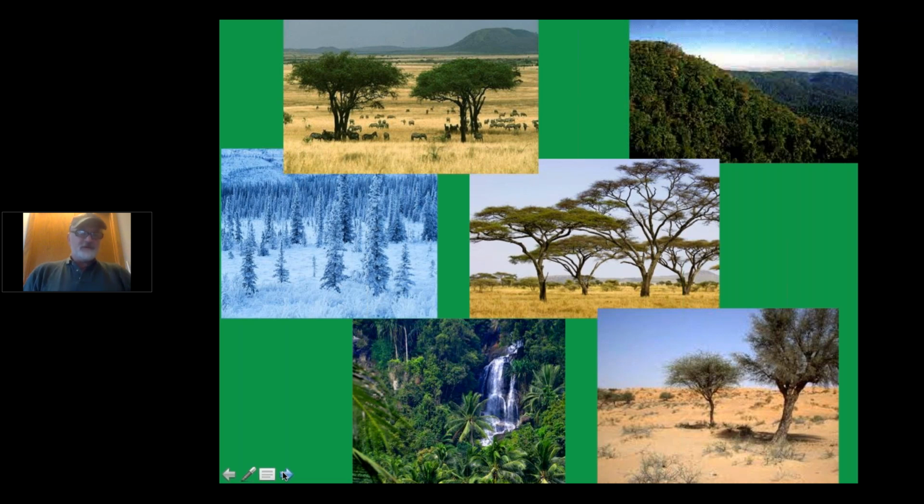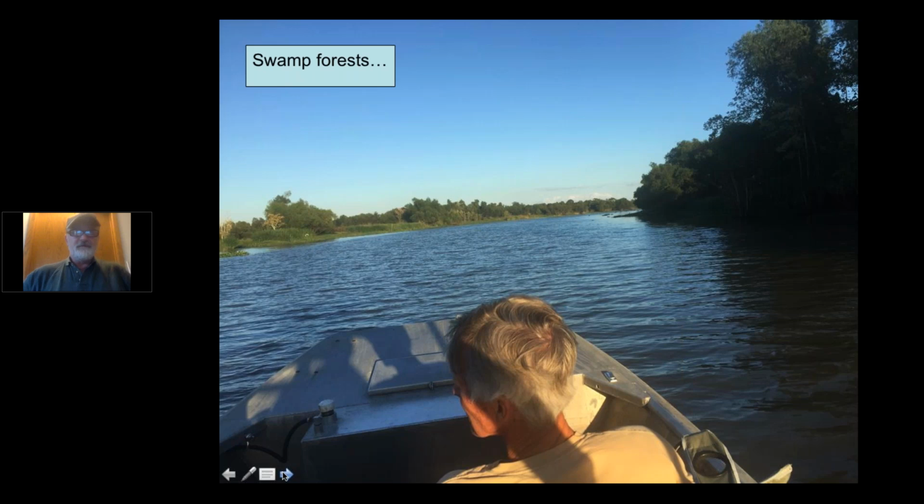Swamp forests. They're also from coastal to inland. There are forests that are totally adapted to wet areas. This is down in Louisiana, and those of you who have not seen the back of Wayne's Head, that's the back of Wayne's Head. We had the good fortune of working with a client down in Louisiana who